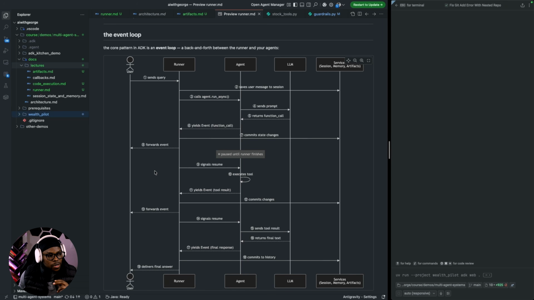And when the runner propagates that upstream, the runner now signals back to the agent that it can execute that tool. So we already have that tracking in state that a certain tool request has been made. And now when it signals to the agent that it can run the tool, because the tools are attached to the agent, the agent can now execute the tool, and when it executes that tool, it yields an event again